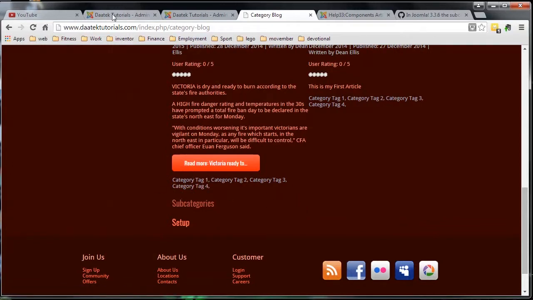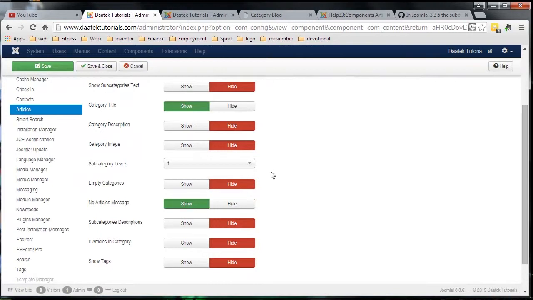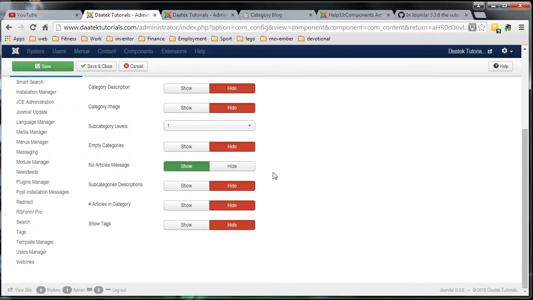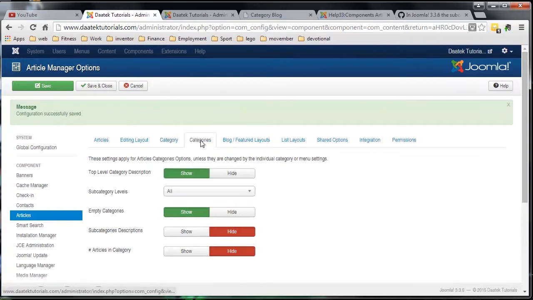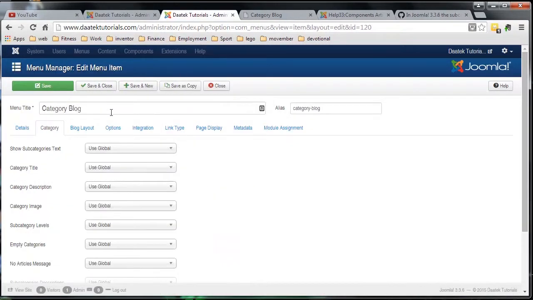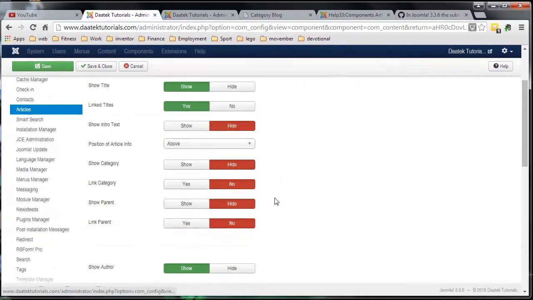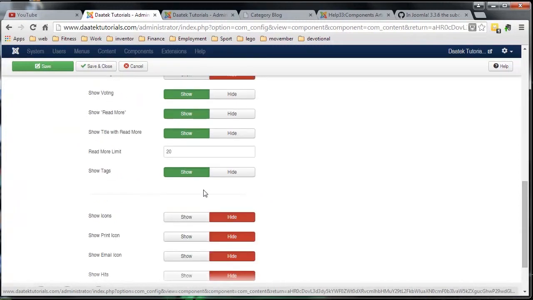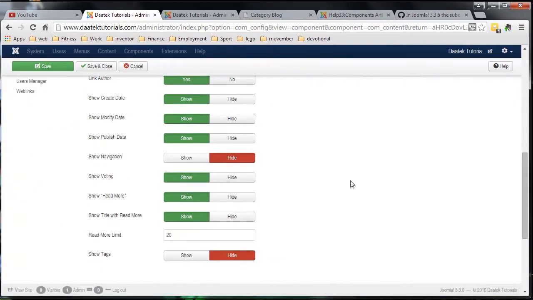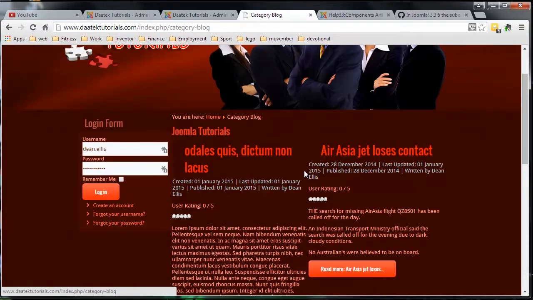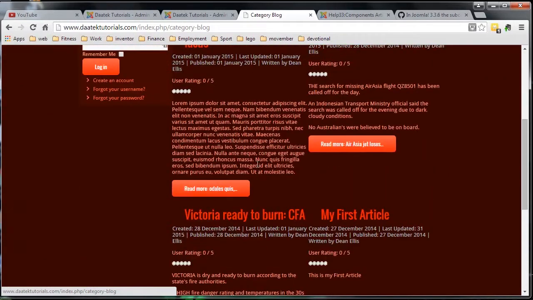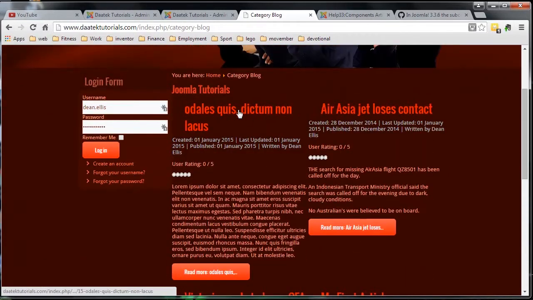Now I want to be able to get rid of these, so it may have another setting somewhere else relating to it, possibly in the categories. No, it could be in the menus. Let's go to the menu setting. See, even show tags is hide there, so maybe the articles options, is there a tags in here? Show tags, there we go, here it is. So if we hide the tags in the articles options, let's see what happens there. Okay, so that seemed to work, which I find really strange